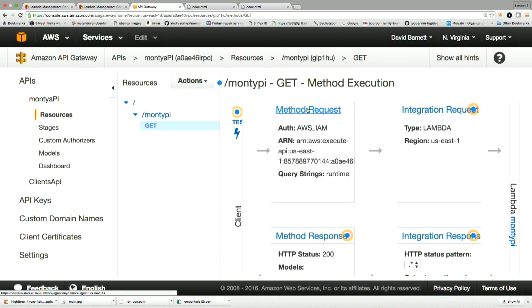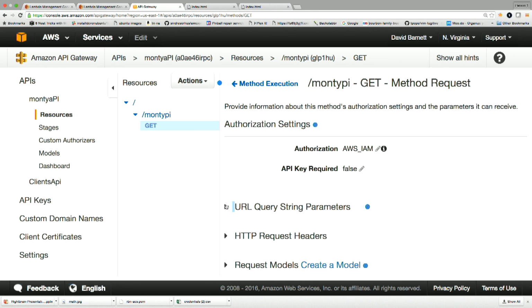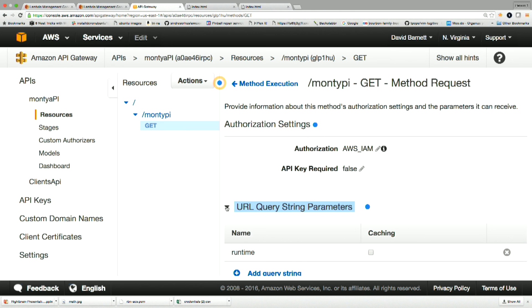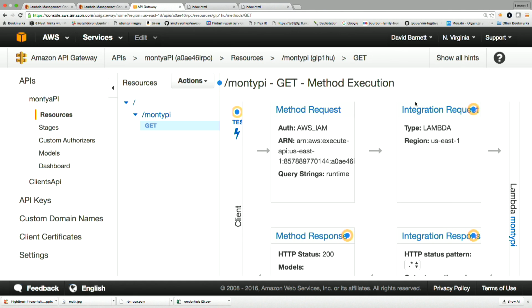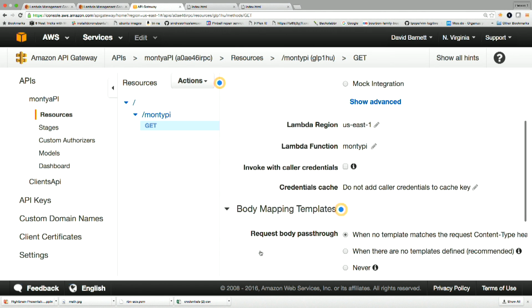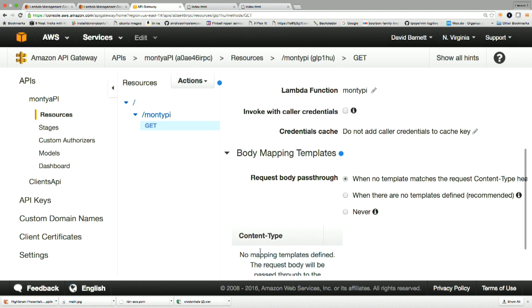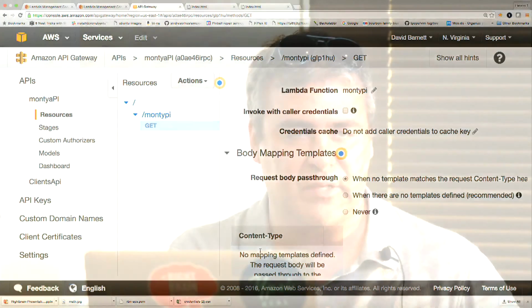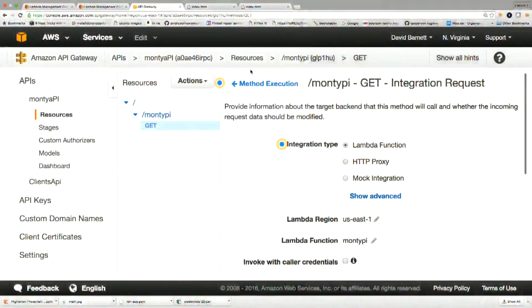So you create a method request where you can say, this is the data that's going to come in. I'm not going to go too deep into here because I'll get it wrong; I'm still kind of figuring this out. You create a mapping here. You basically say, I want to map the incoming body, think of it as JSON, map this value to this value, and that's how it gets passed off to Lambda. This is where it gets really complicated. But just know that this utility exists to take get strings or post data or put data or delete data or whatever and map it into Lambda. And then you can do exactly the same thing on the way out.